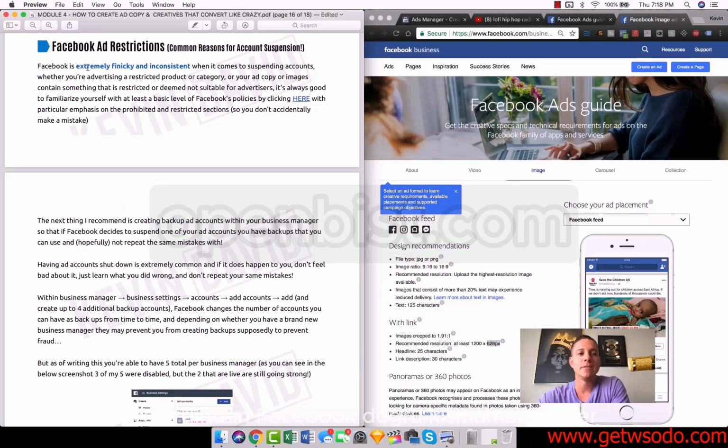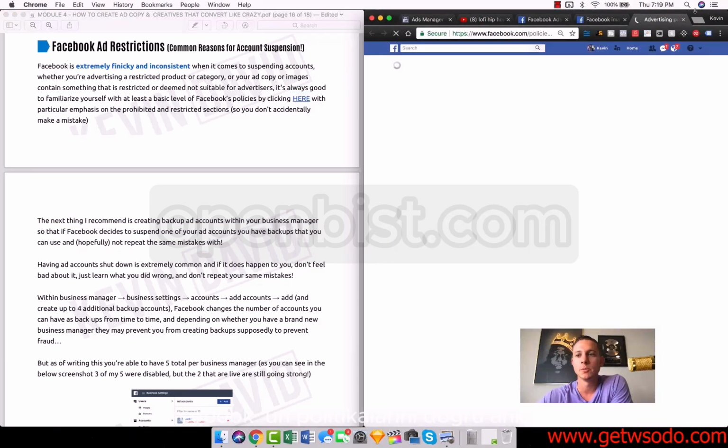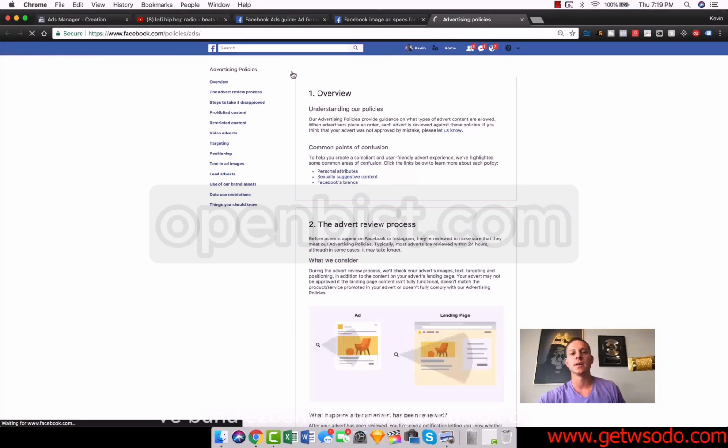And then Facebook ad restrictions, right? Most of us know, especially if we've been around for a while, that Facebook is extremely finicky, to put it lightly, and very inconsistent at times when it comes to disabling ads without giving much explanation, and suspending accounts without giving much explanation either. So it's always a good idea to familiarize yourself with a basic understanding of Facebook's policies, right? And not memorizing this, because it's a huge, ridiculous terms of service that's very difficult to get a hold of,